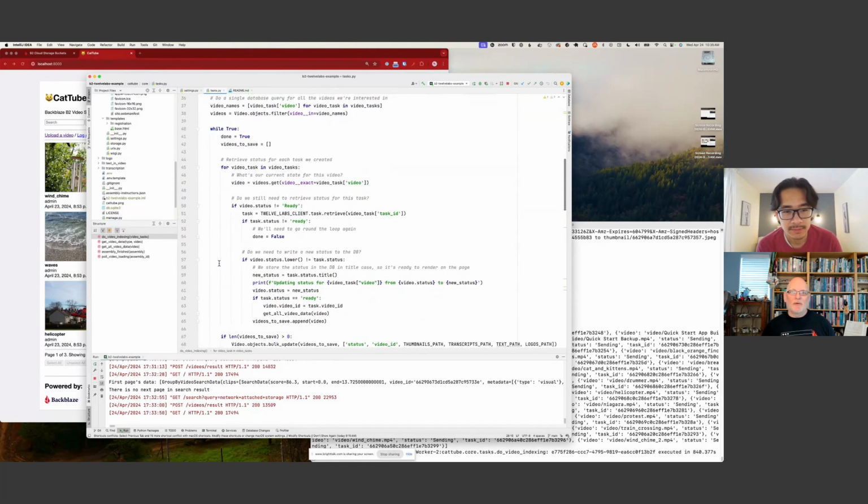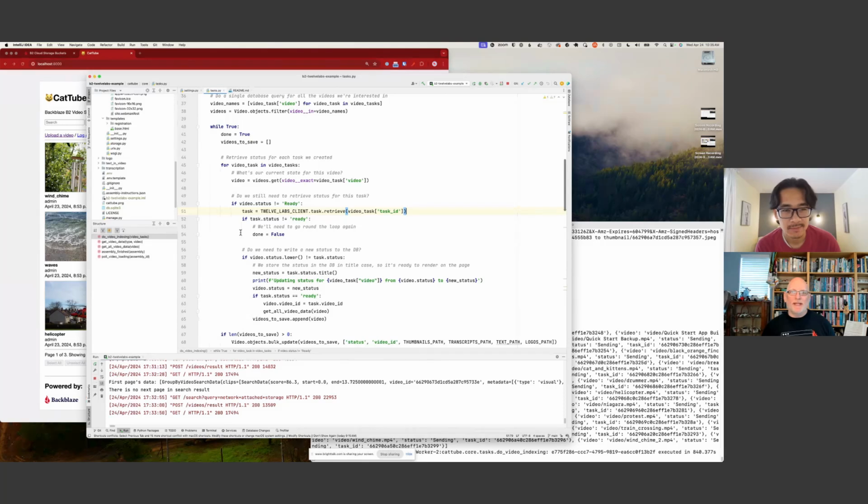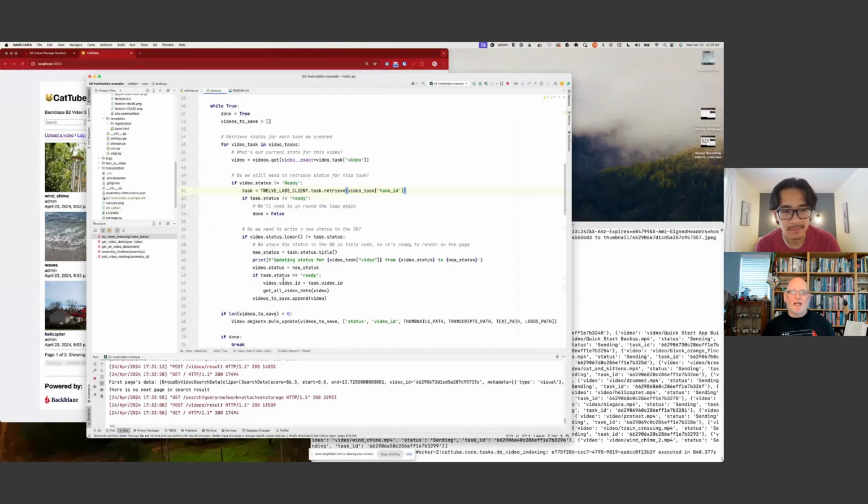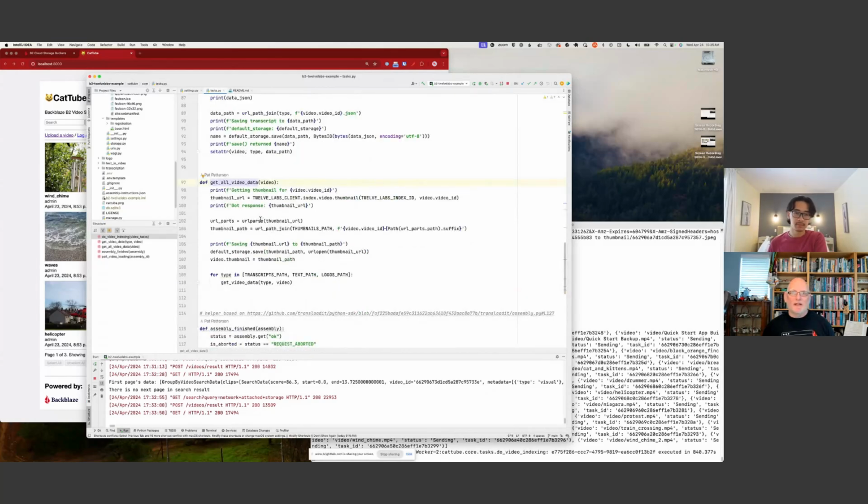But ultimately, what we're doing is polling the 12 Labs API to get the status of that task until the task is ready. Once it's ready, we save the video ID that locates that particular video within the 12 Labs platform, and then we get all of the data.